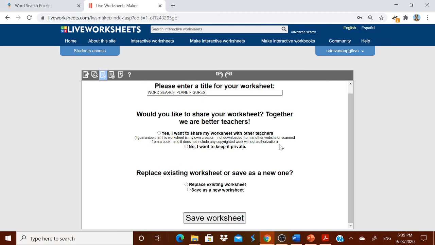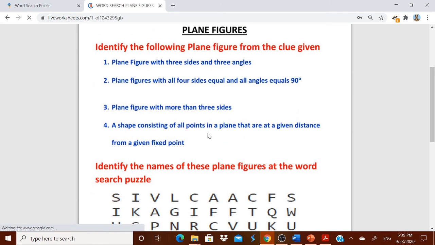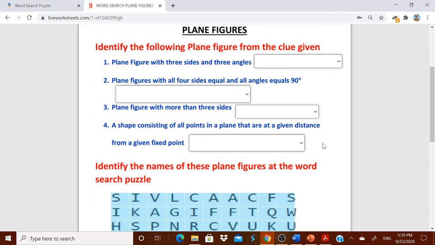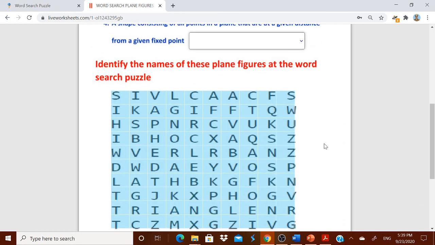Okay, now if you want to save it once again, it will ask you to replace the existing worksheet or save as a new one. Replacing the existing worksheet is always better. I want to keep it as private and replace the existing worksheet. Save the worksheet, which means the same thing will be saved now. You see, when you open the worksheet, this is coming. Drop down is coming. But we didn't type that choose. Therefore, be careful. Whenever you have made any worksheet, you just see it once. That preview, you see it once, or you just play it once. You check whether you are getting the correct answer.